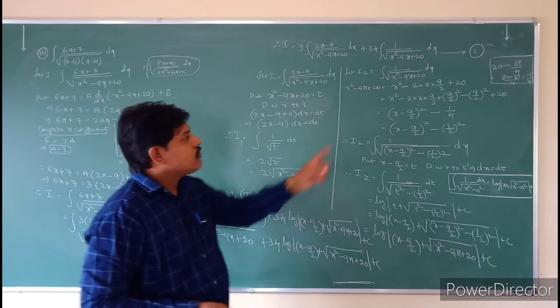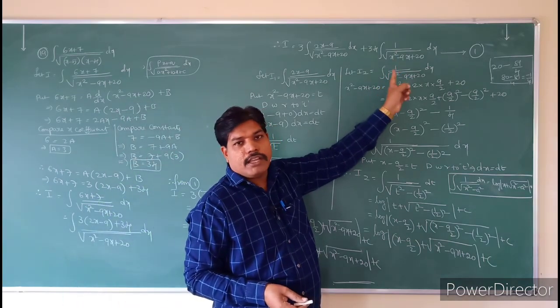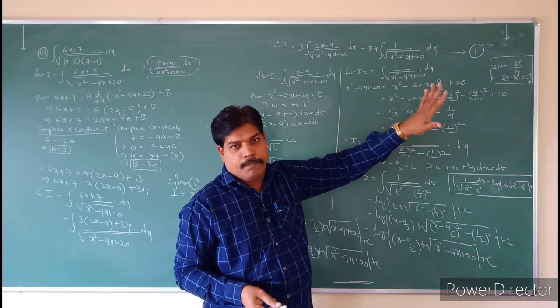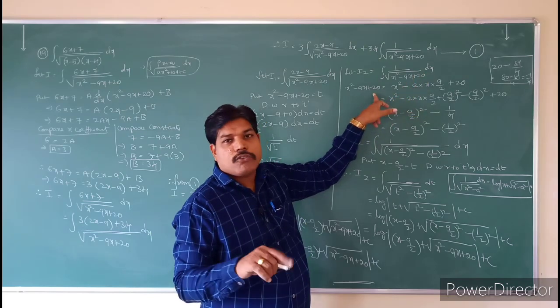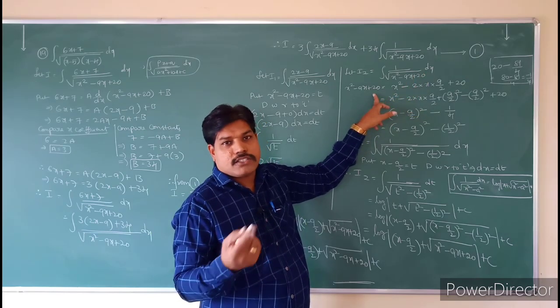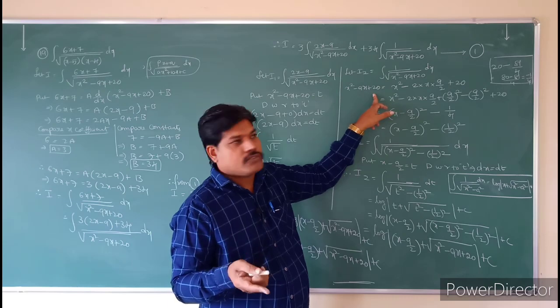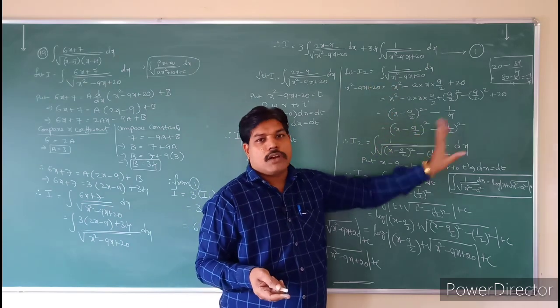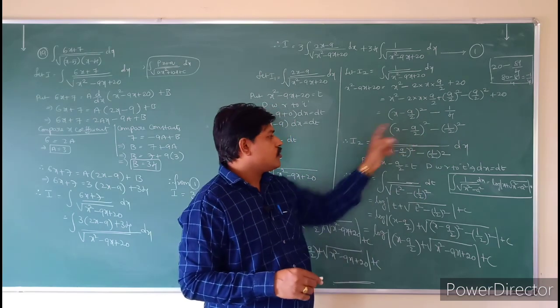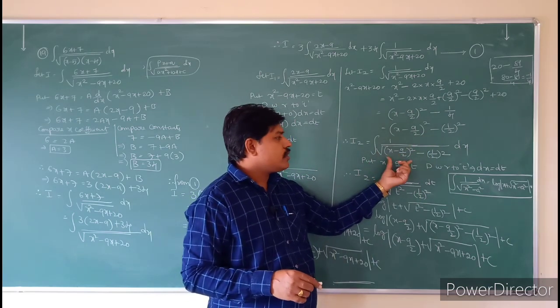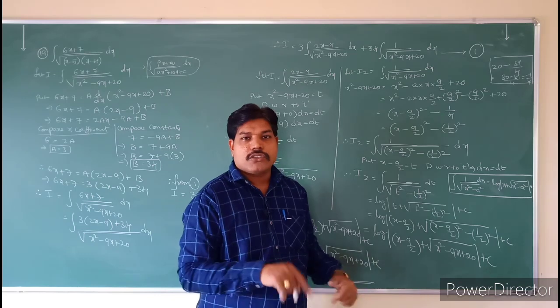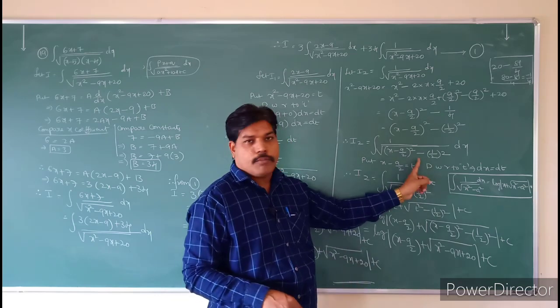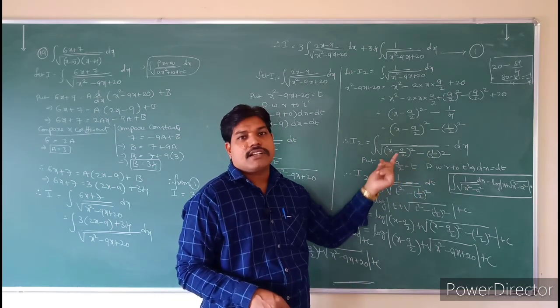Next I2. It is in the form of integral 1 by root of ax square plus bx plus c. So you have to convert it to the form x square minus a square, or x square plus a square, or a square minus x square. Convert to that form. You will get x minus 9 by 2 whole square minus 1 by 2 whole square. So substitute in this I2. After substitution, it is not in the original form actually. In the place of x, you have x minus 9 by 2. So that's why you take this value as t.